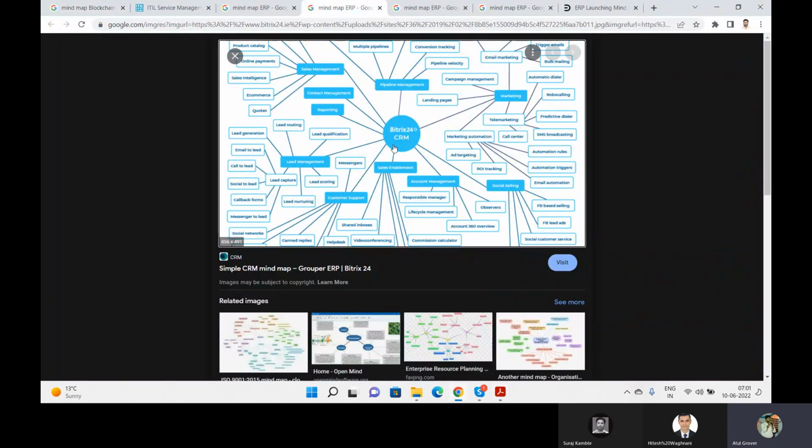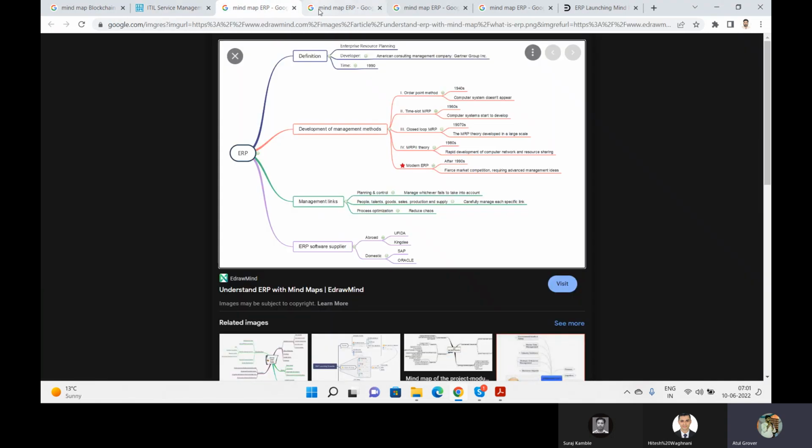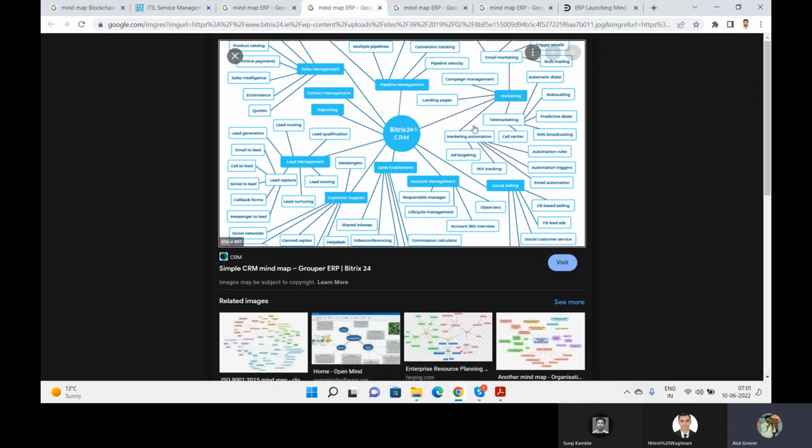ये इसमें तो समझ ही नहीं आ रहा कुछ मुझे, इससे अच्छा है कि मैं अलग खुद बना लेता हूँ, but if I put like this, हाँ ये अच्छा क्लियर है, क्रिस्प है, I can understand कि बॉस ITIL 2011 होता है, उसमें 5 लाइफ साइकिल्स हैं: ट्रांजिशन है, डिजाइन है, स्ट्रेटजी है, CSI है और ऑपरेशंस है। ऑपरेशंस में पर्पस होता है, ऑब्जेक्टिव, स्कोप, और ये 5 प्रोसेसेस होते हैं मेरे, फंक्शंस ये होते हैं मेरे। It is easy to understand, but if I put in incident management more detail, it becomes clumsy for me, so confusing. Like ये जो एग्जांपल हमने देखा है, ये उसी का ही रिजल्ट है। Up to this level I think it's good,